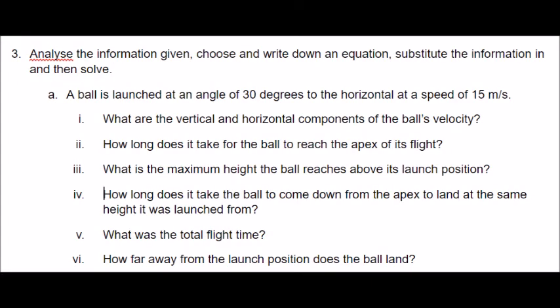Now we're going to flip over to question 3, where I've stepped you through the process of a whole word-based problem. In this case, the ball is being launched at an angle of 30 degrees to the horizontal at a speed of 13. First part of the question, what are the vertical and horizontal components of the ball's velocity? So